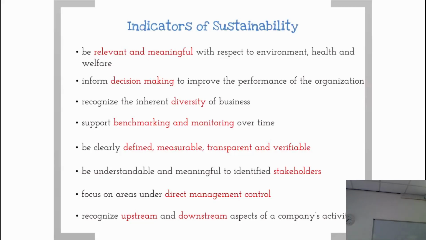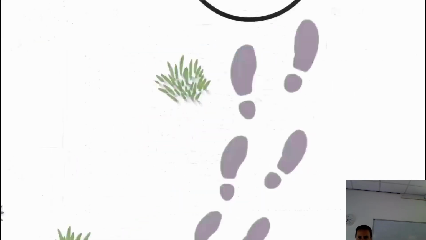One of the things that I really hate is when you see, we've run this project and we've reduced carbon emissions by 50%. What does that actually mean? What was it to start with? 50% of what? Quite often in public dissemination of things like this, they'll say we've actually saved enough carbon to take 50,000 cars off the road. So we're trying to make it relevant so people can think, 50,000 cars, wow, that's quite a lot, isn't it? It means something to them, it's relevant. We need to focus on the direct management control, and you need to recognise upstream and downstream aspects of your activities.